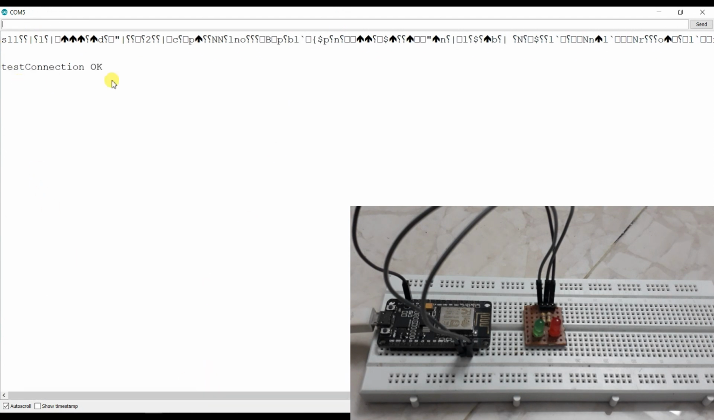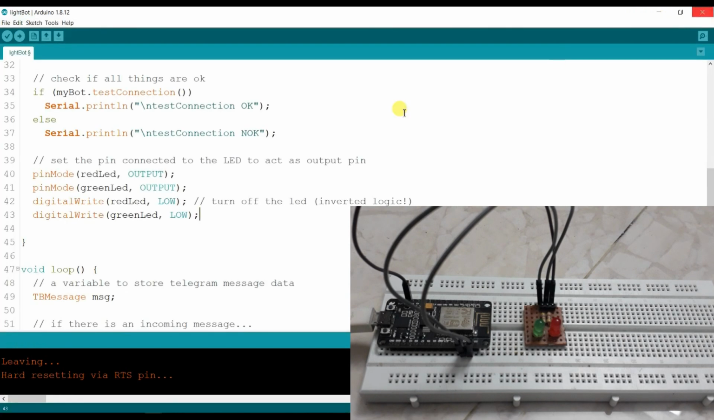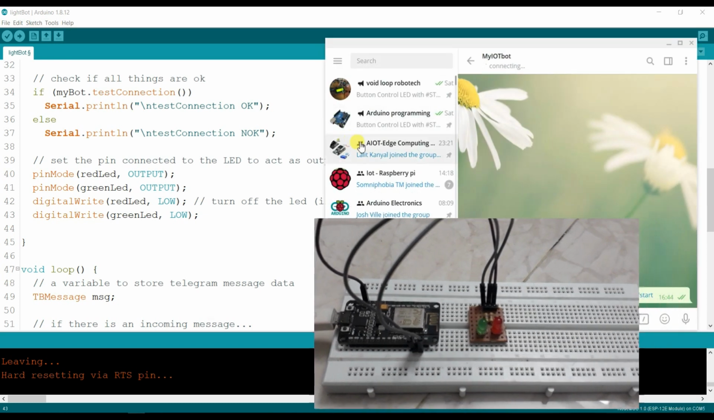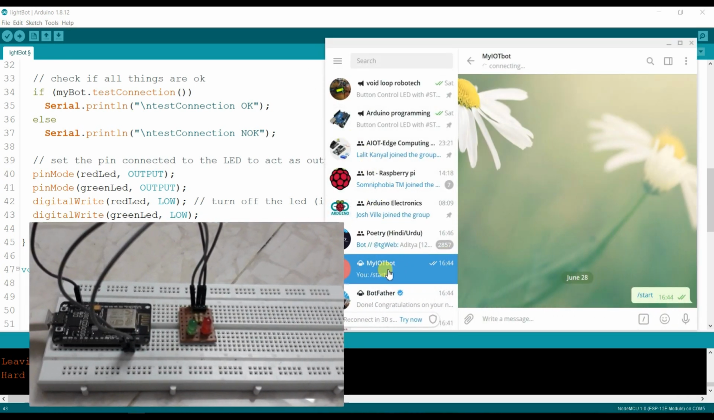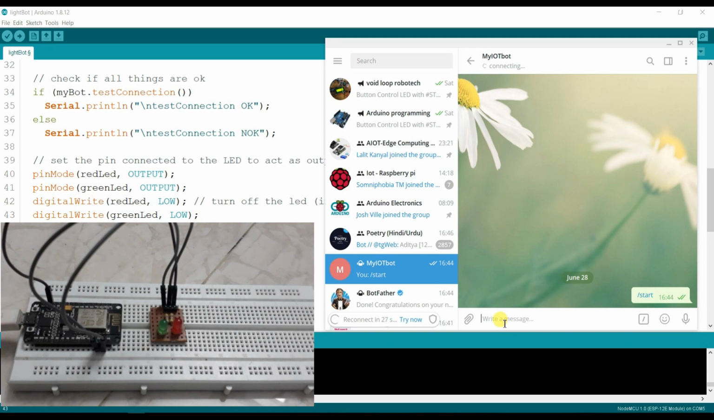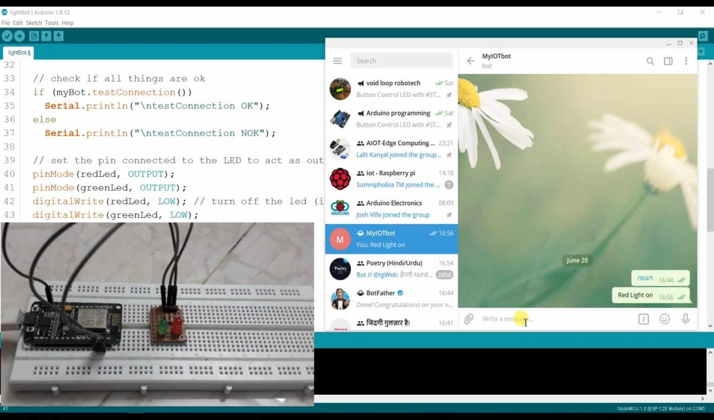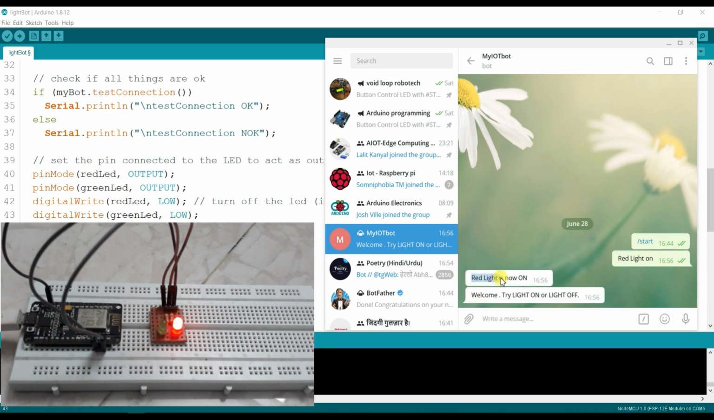Wow, test connection. Okay, now I will close and I will open Telegram application. This is my IoT bot. Okay, here I will send command red light on. You can see red LED has been on, and here you get message red light is now on, and I will send